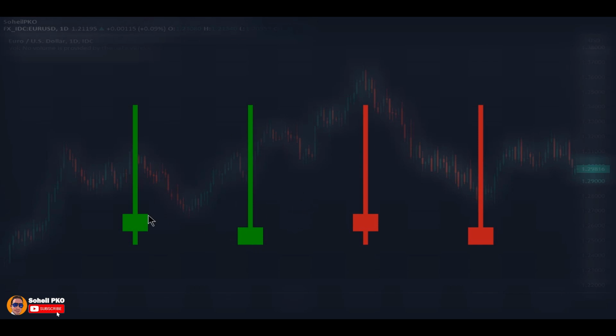because the body is small, which means that we had little movement between open and close, so the color of this candle doesn't matter. The long upper shadow shows that at first buyers had the control and drove the price to higher levels significantly, but then sellers stepped in, took control of the price and pushed the price down near the level it was opened.